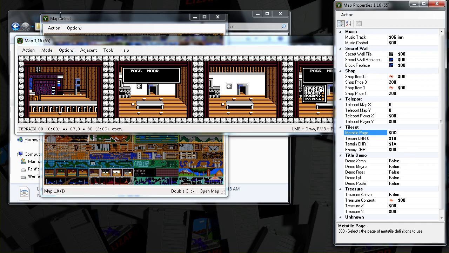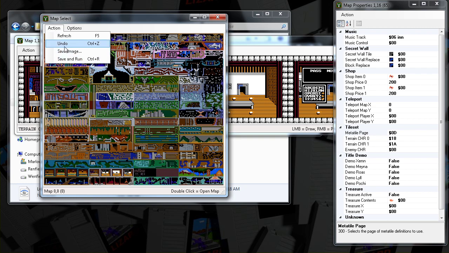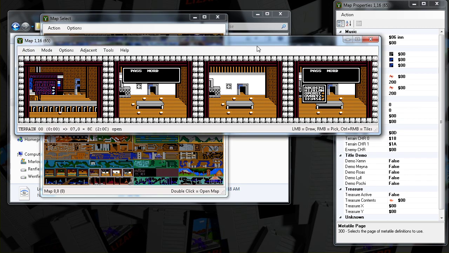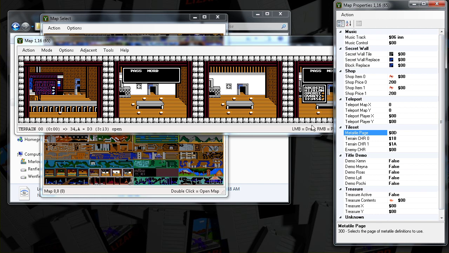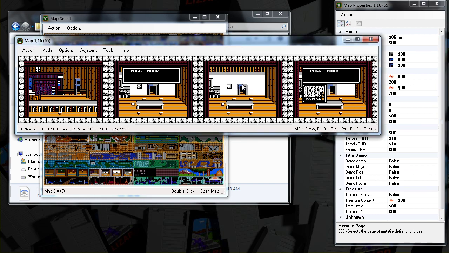Undo is global, so you have like 3 windows. You can undo in any window. It will undo the last change. All the changes are just globally affecting the ROM. So if you do something in this window and then hit undo over here, it'll change whatever the last change was. It's not window specific. These rooms have a blue color over here, and it doesn't show up in game, so I don't know how that gets fixed, but it's just kind of weird. I don't know why that is, but it doesn't seem to matter.